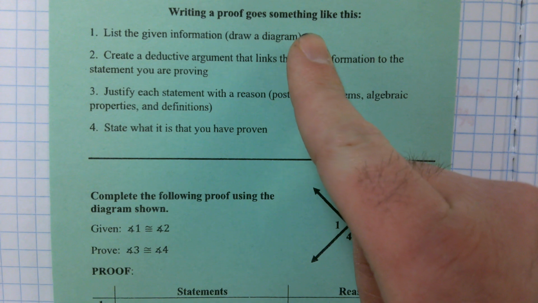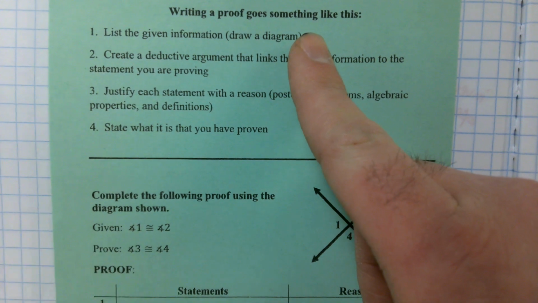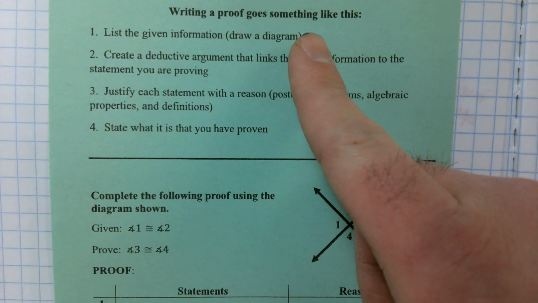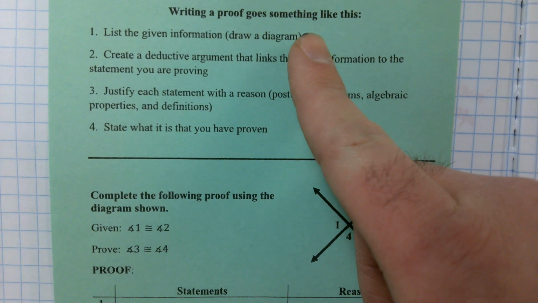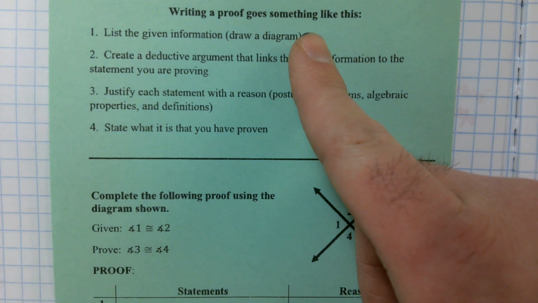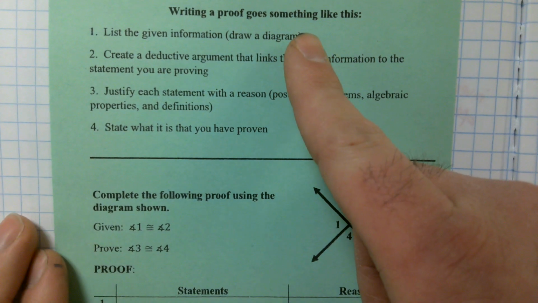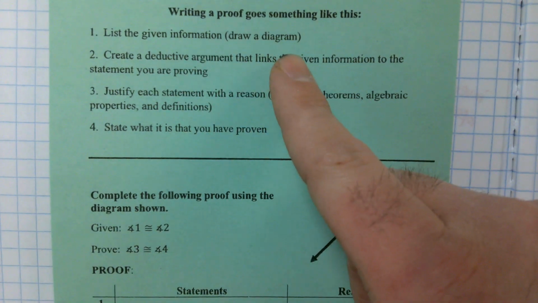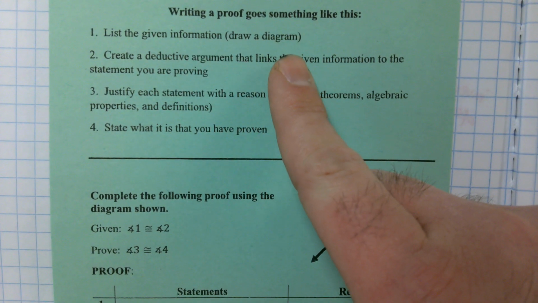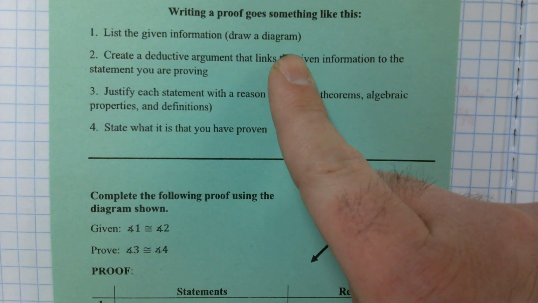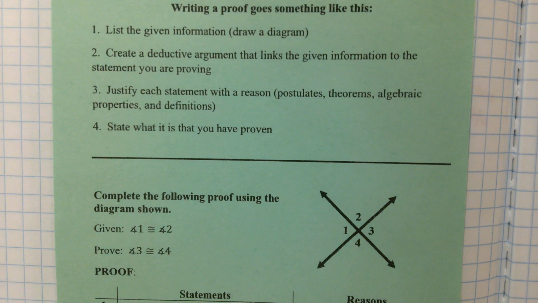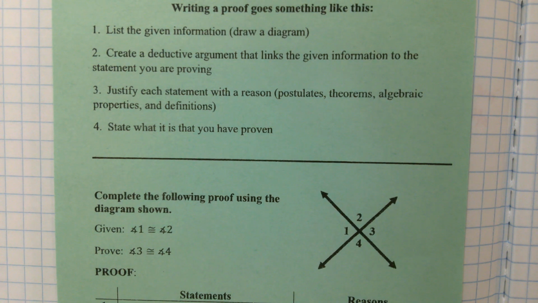How many of you have played Sudoku before? Does it start out with every box blank? No, because that would be either the easiest Sudoku ever or the hardest Sudoku ever. It'd probably be pretty easy. But you need some information in there, right? Proofs are the same way. I can't just come up with something out of nowhere. I have to know what information I'm given, and then what information I'm trying to prove. Our job is to fill in all the gaps in between.